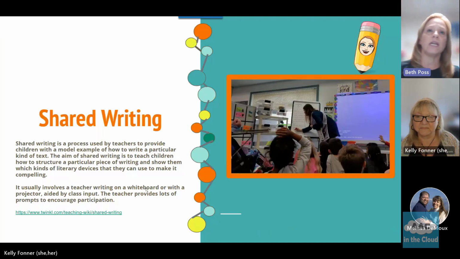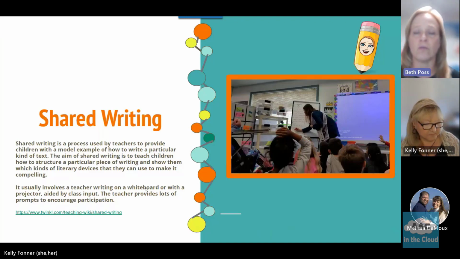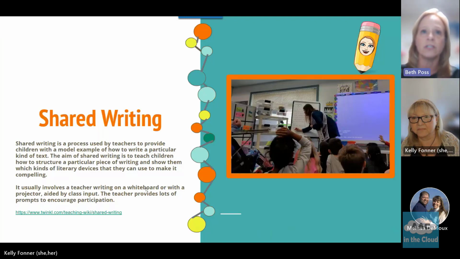When we talk about shared writing, it is not, if you look back at one of the slides, the slide about predictable chart writing, the slide from Alyssa Warren, and it puts predictable chart writing as a shared writing activity for emergent writers and emergent readers. However, I think you can use shared writing at all different levels of literacy, all the way up to really competent writers, because it's this opportunity for adults and children to be writing together